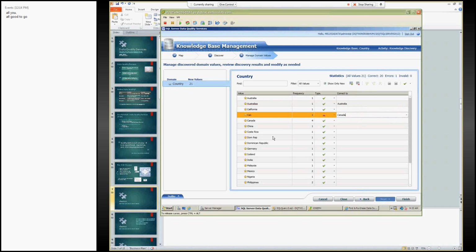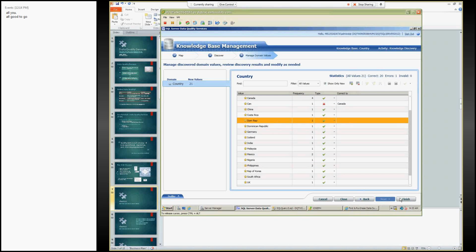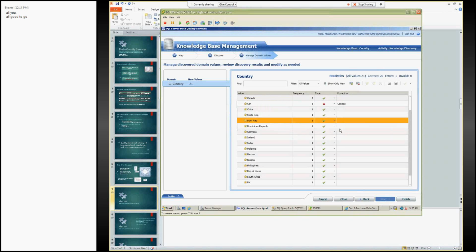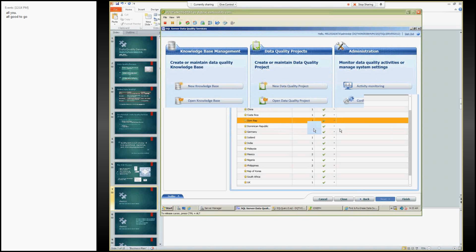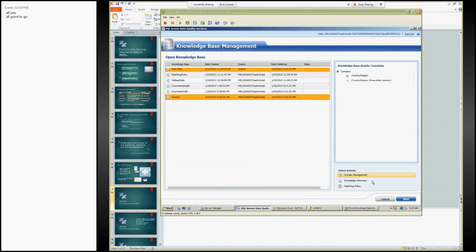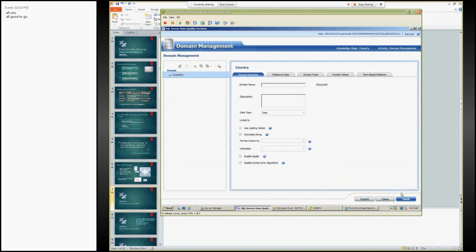We've got DOM rep and so on. One thing I want to show you, let me just go ahead and finish this. So let's create this knowledge base. Let's publish it to the server. Okay, so it's now published. If we open that knowledge base again for country and then click on domain management, one thing you can do is